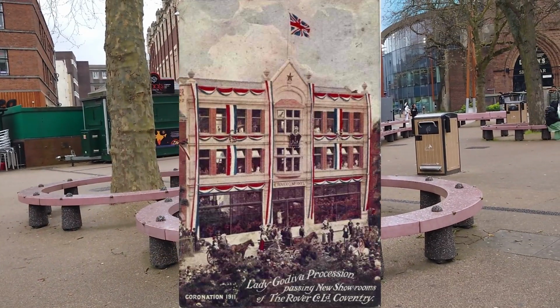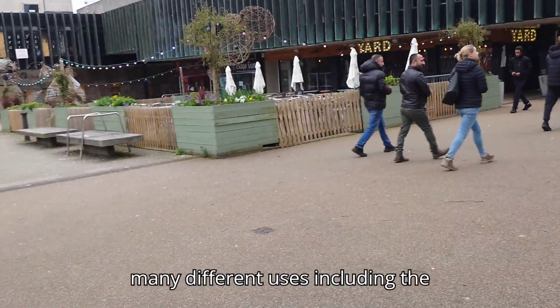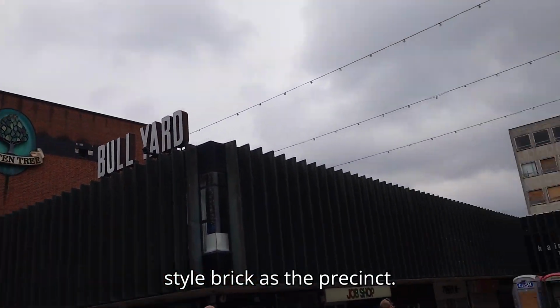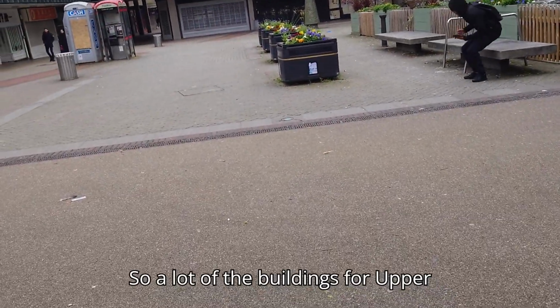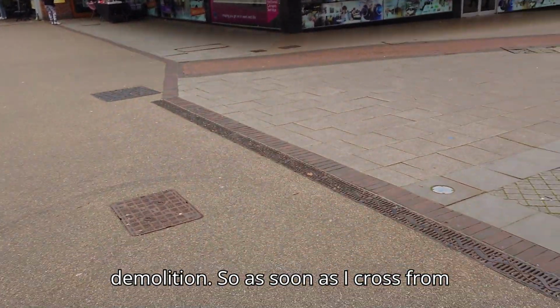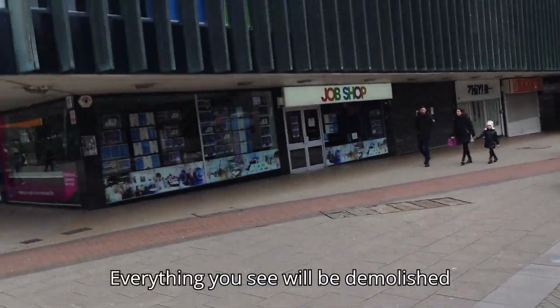showroom, which it was for some time before having many different uses, including the architects department for Donald Gibson, hence it being cladded in the similar style brick as the precinct. So a lot of the buildings for Upper Precinct were designed whilst the team were based here, and that is due for demolition. So as soon as I cross from the resin into the pavement, everything you see will be